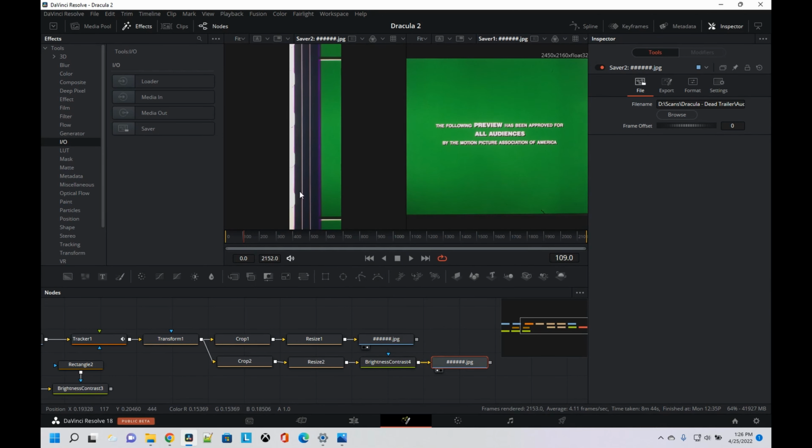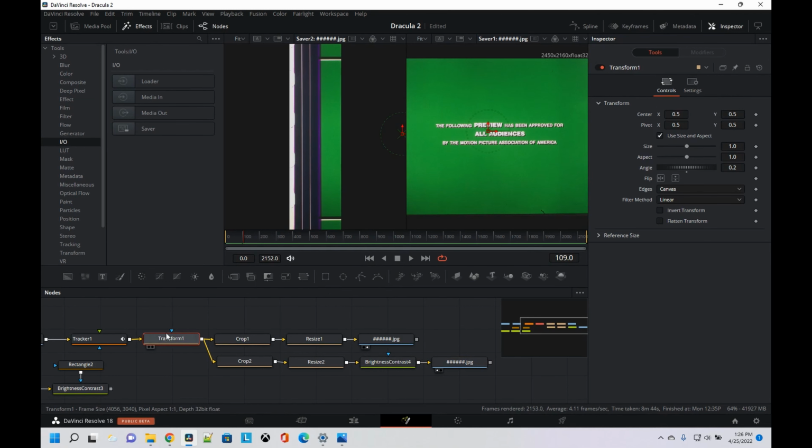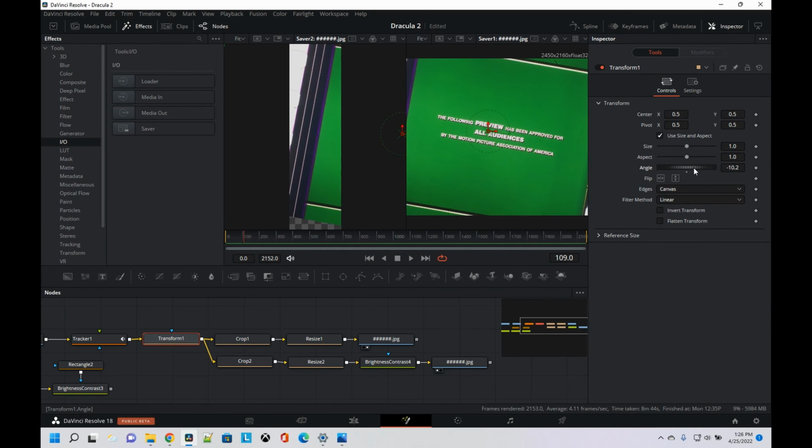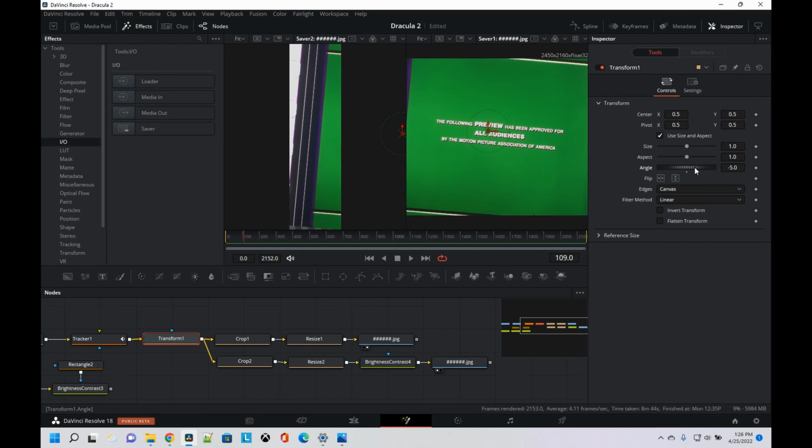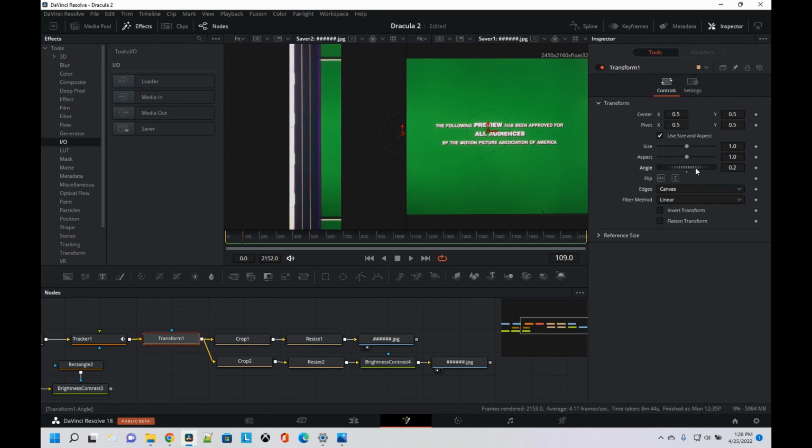Now I'm noticing that the soundtrack looks a little crooked. So I think we're going to adjust that first. I want to adjust that a little bit up. So I'm just going to take our angle here and maybe get a little bit more. See how drastic that is if you try to use this control. It's too brutal. It's too rough. You need to be able to fine tune a little more. So let's try